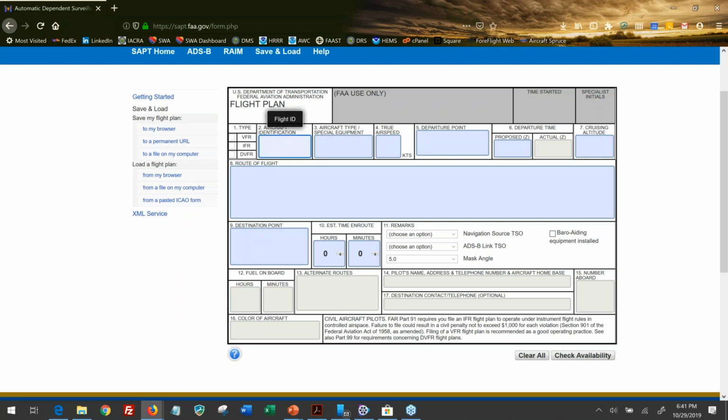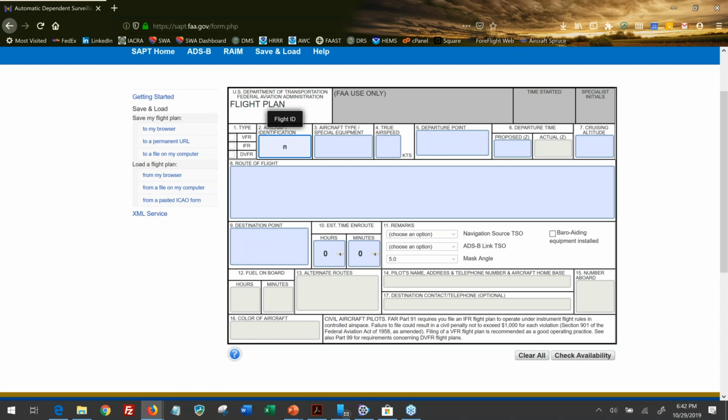All it is a way to get information about what type of aircraft you're flying with what type of equipment, the point you're leaving from, the point you're going to, the time you're en route, and then it's going to give us an interactive map on if we're going to have any ATSB outages along our route of flight.